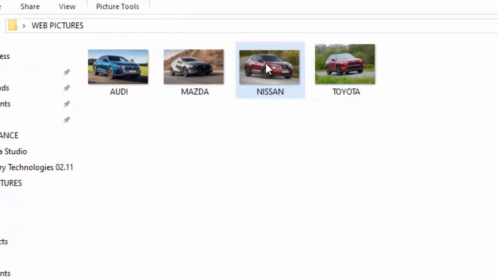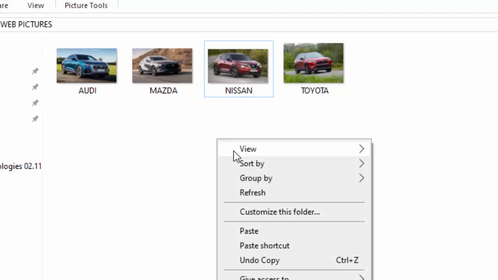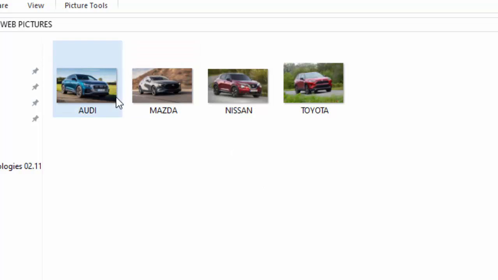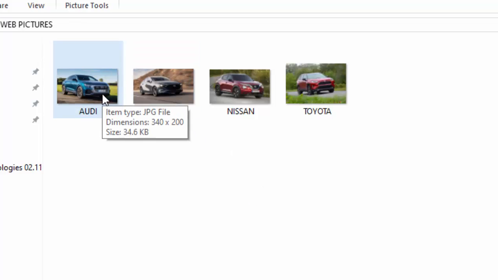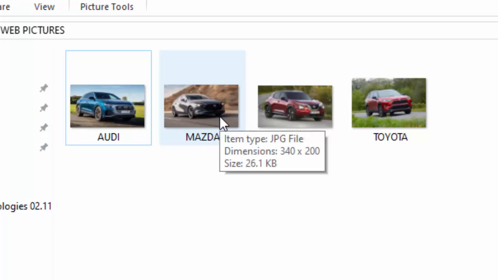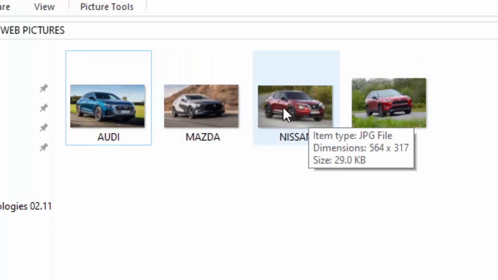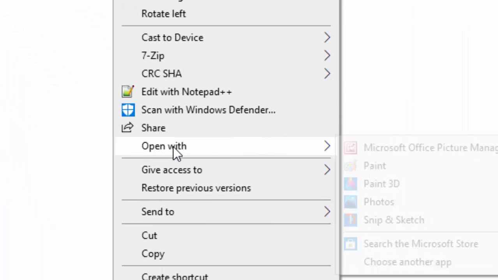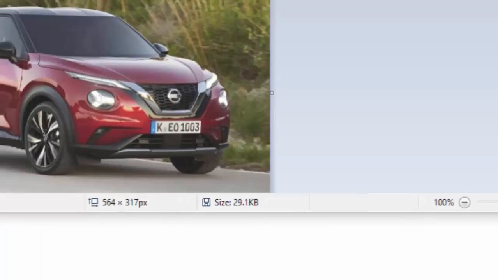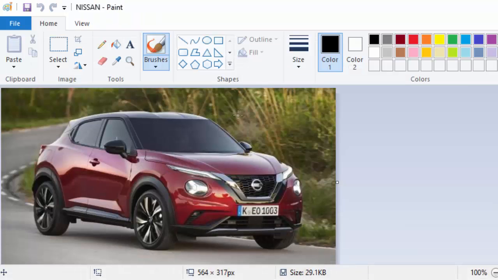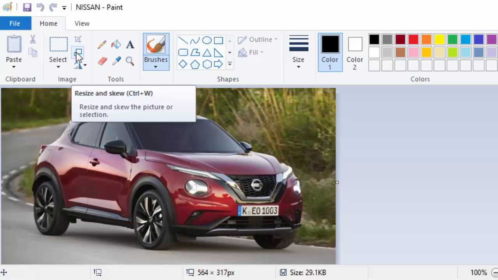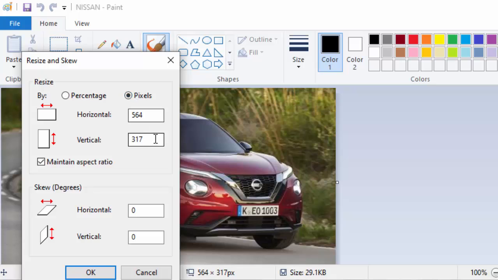The next car is Nissan. You can check dimension by just refreshing this folder, and when you point at it like this, it shows you the new dimension. So I'm going to do for Nissan, open with paint. You can see it is 564 by 317. Just go to resize, pixels 200,